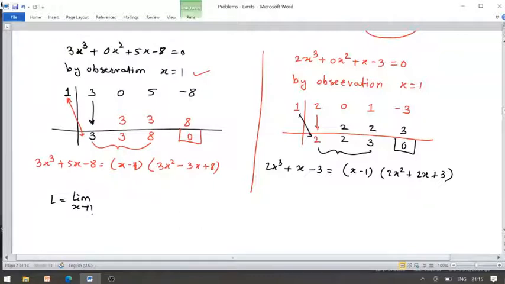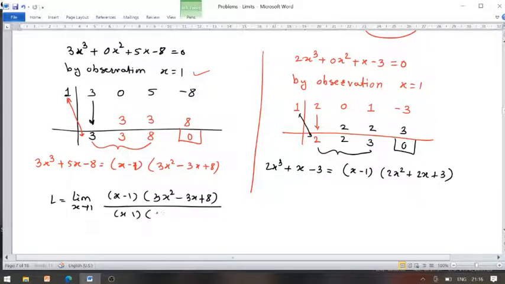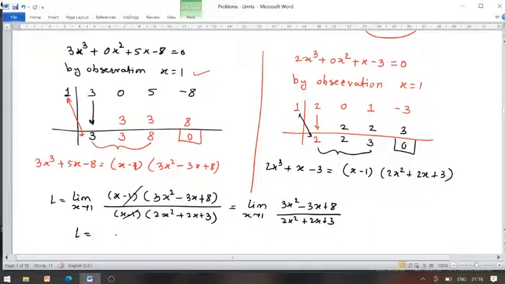So the limit as x tends to 1 of the factors of the numerator, we have x minus 1 into 3x square minus 3x plus 8, divided by x minus 1 into the factors of the denominator, 2x square plus 2x plus 3. After all, x minus 1 gets cancelled, and we remain with 3x square minus 3x plus 8 divided by 2x square plus 2x plus 3. Now replacing x by its value 1, 1 square is 1,